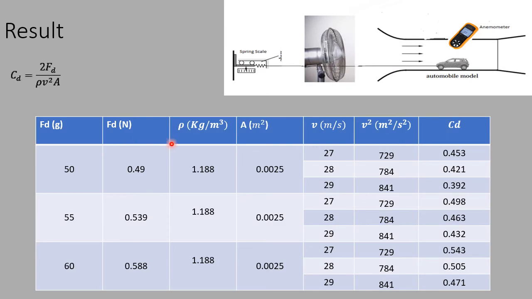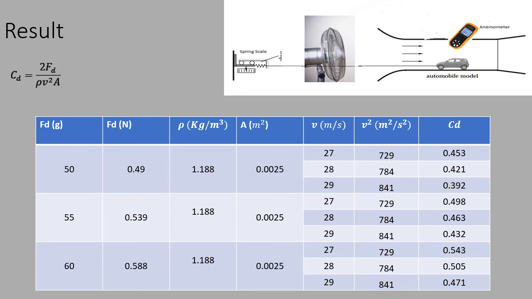After the experiment, we already obtained all of the variable values. However, since I divided the experiment into finding the value for the force and finding the value for the velocity, I don't know which velocity belongs to which drag force. Since we have 3 numbers for the velocity, we will calculate the 3 velocities for each drag force. By putting all of the variables into the formula, we obtain the drag coefficient for the blue Jeep toy car, and the value is around 0.4.